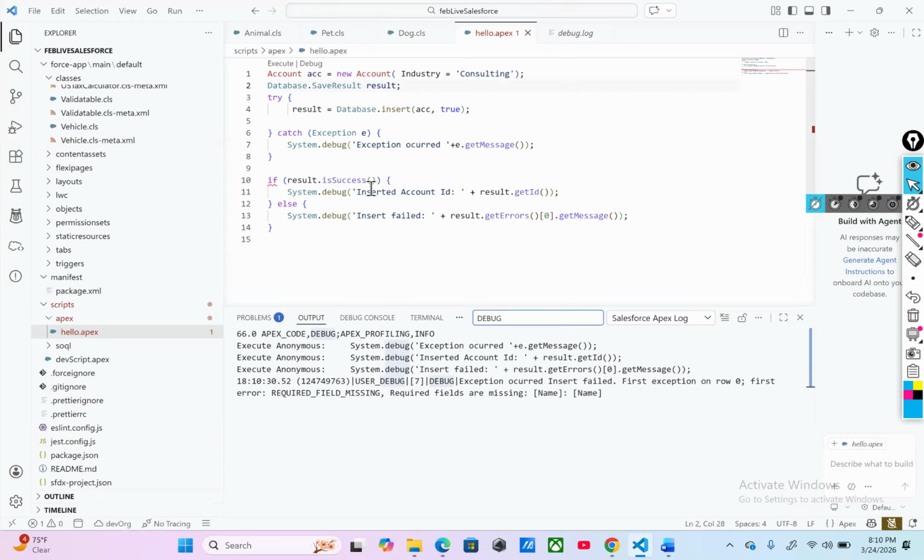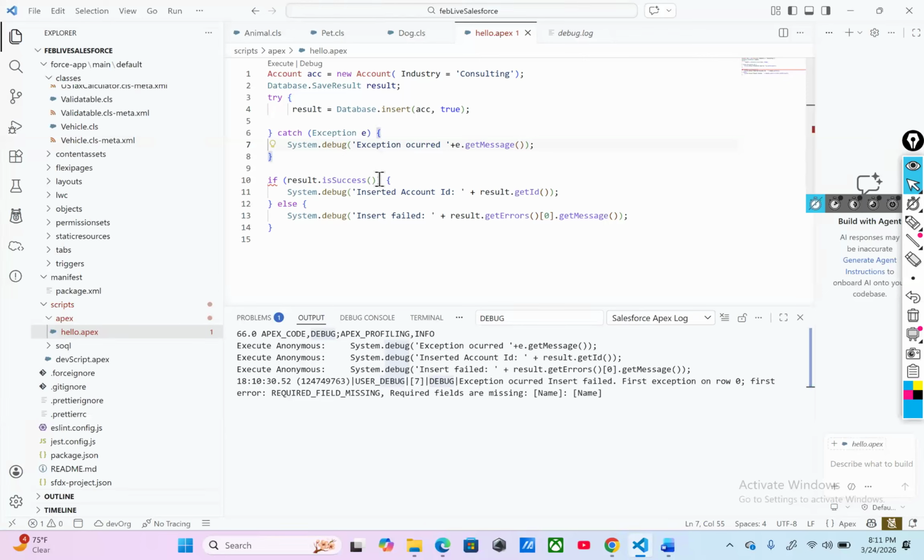If result is success, yeah, this is an exception, so maybe that's why it didn't even come here. Trying to see if there is a duplicate issue or something, I can invoke it, but that's fine. Once we talk about exceptions, then we'll take care of it. But basically what's happening is, since there is an exception occurring, it actually doesn't go into the